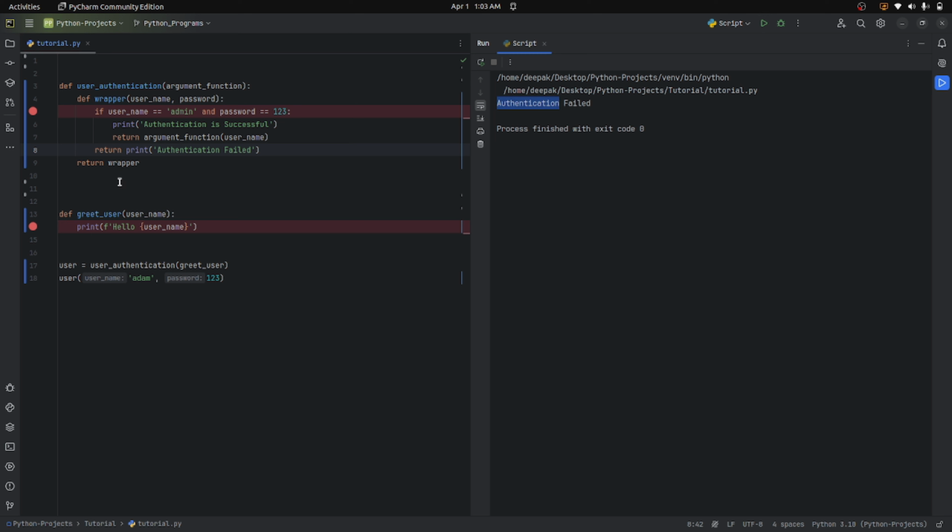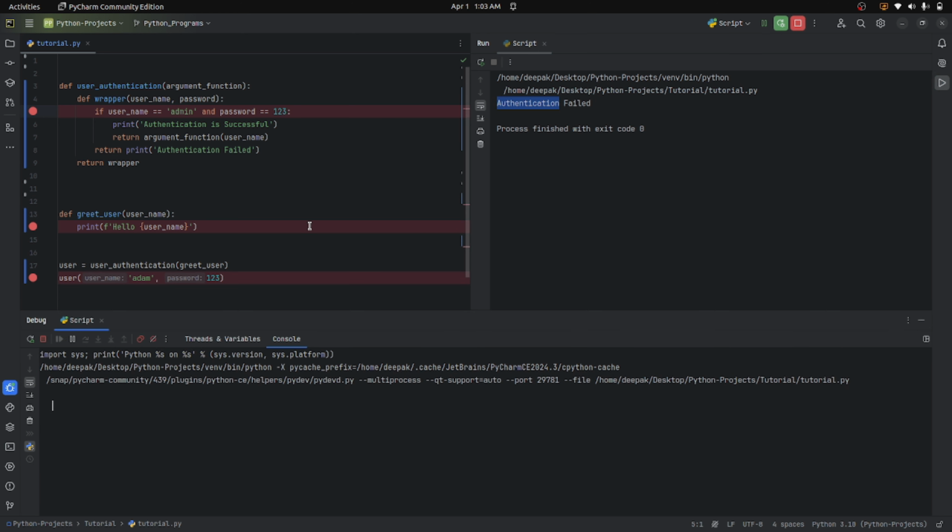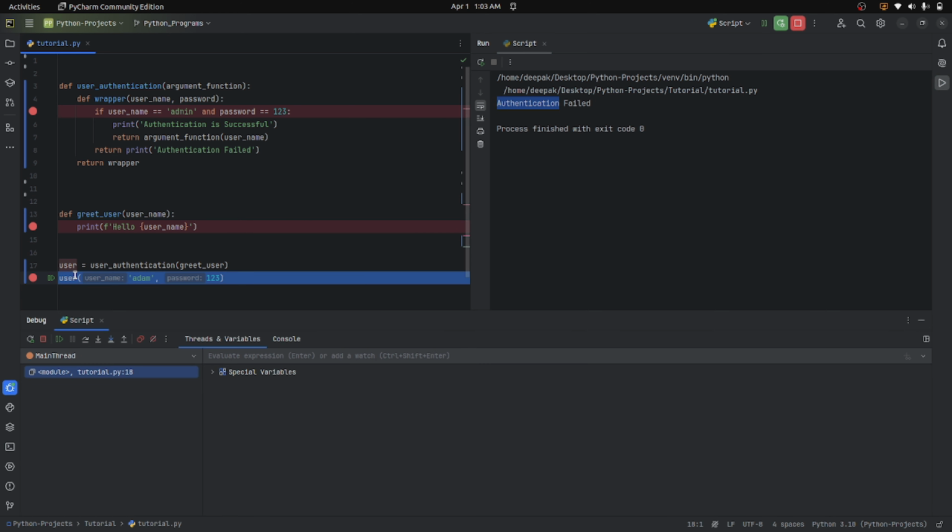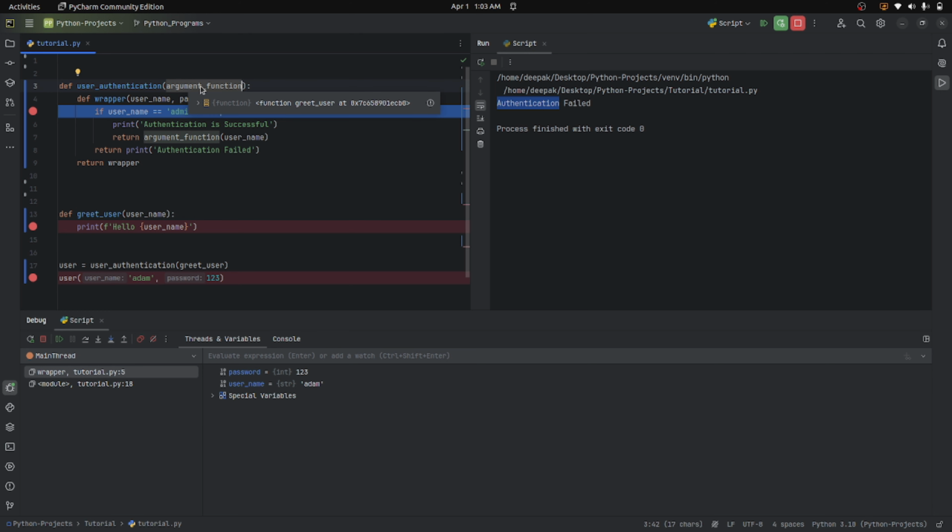Let me run this entire code in debug mode so you will get a better idea. See, first we have user authentication. The function user authentication is a reference where we have provided greet user. Greet user is the reference for this function. You can see it's a function with the reference of greet user. Now the user authentication method is called. Inside this argument function, you will see it is referring to a function which has the name greet user,